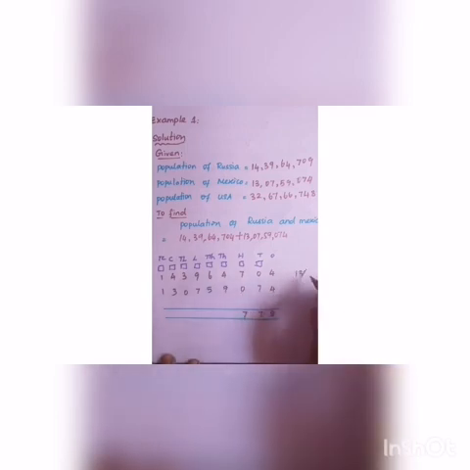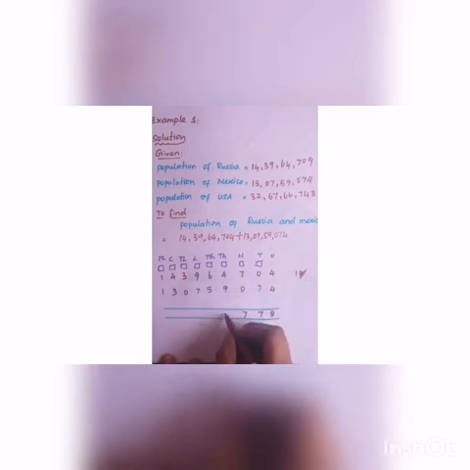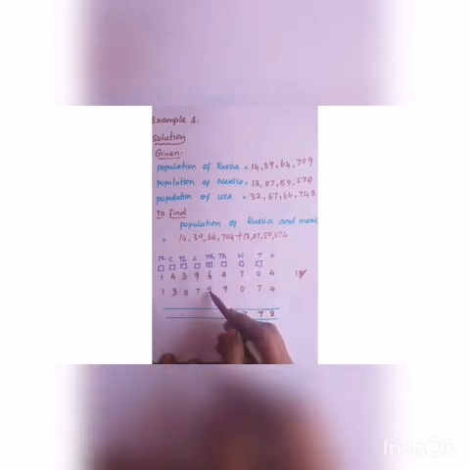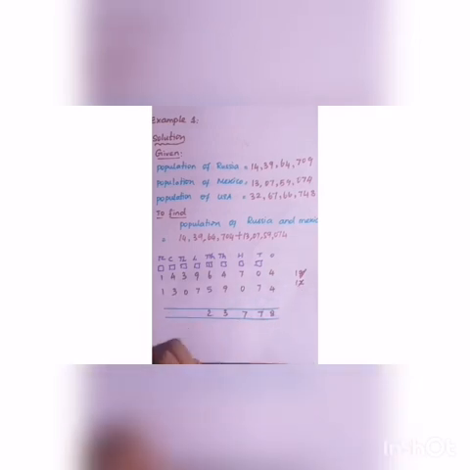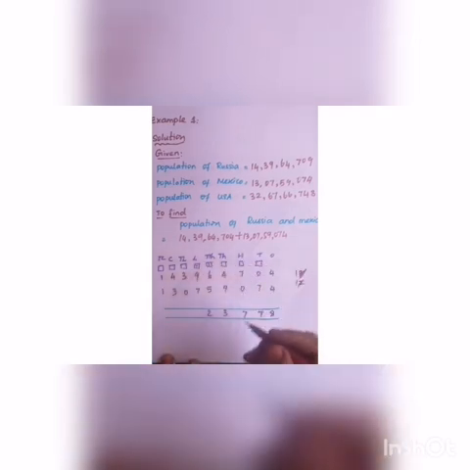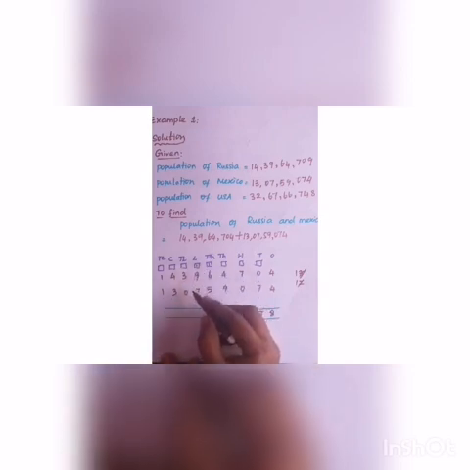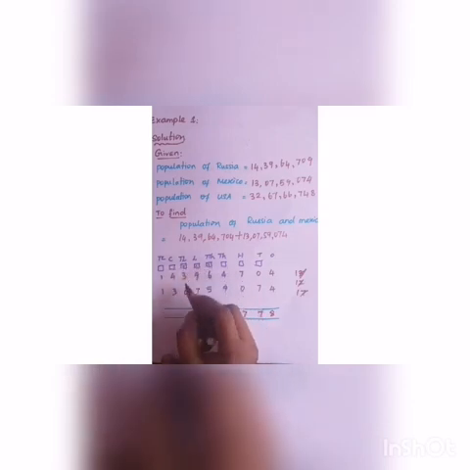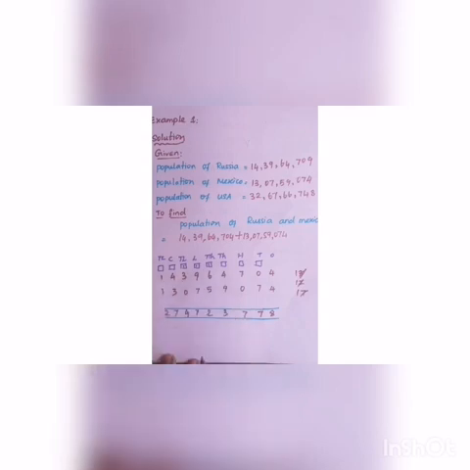13. So you cancel the 13 here, put 3 here, balance 1. 1 plus 6, 7. 7 plus 5, how much? 12. So put 2 here, balance 1. 9 plus 1, 10. 10 plus 7, 17. So 7, balance 1. 1 plus 3, 4. 4 plus 0, 4. 4 plus 3, 7. 1 plus 1, 2. Now we got the answer. What is our answer? 27 crore 47 lakh